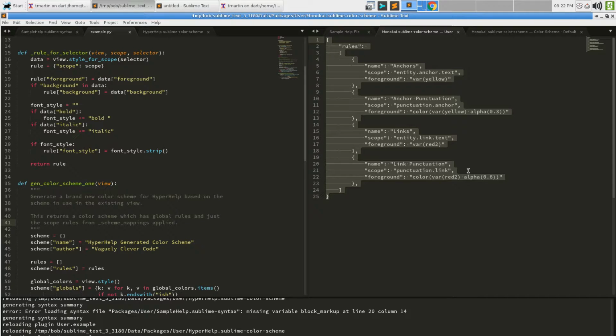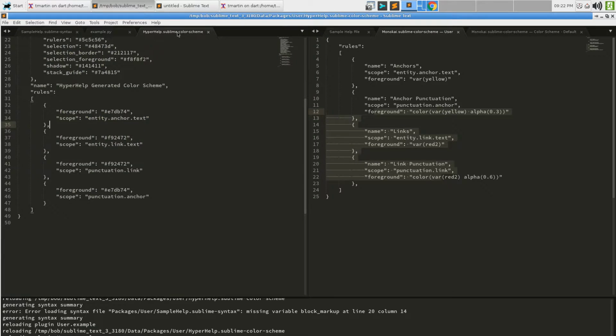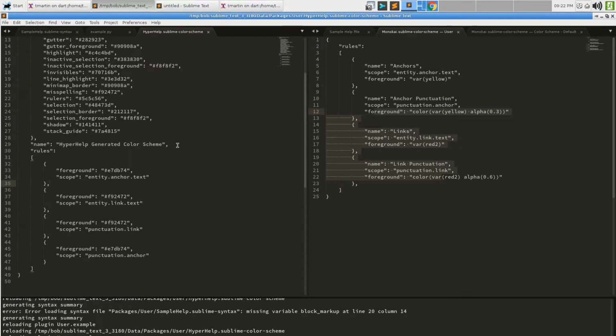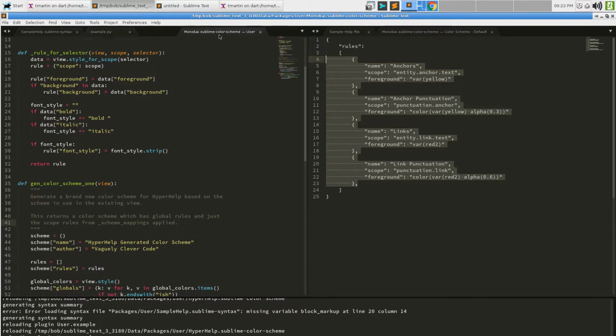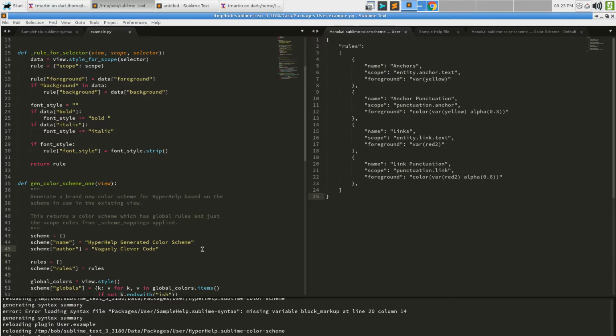We want rules for only our scopes, as we did here, like so. But instead of making it a whole new file, we just name it after the color scheme that's currently in use and add it to the package, and then it blends the way we want it to. So I'm going to close that file. Well, no, we'll leave it over here because we're going to be working with this file. We'll be able to see it happening.